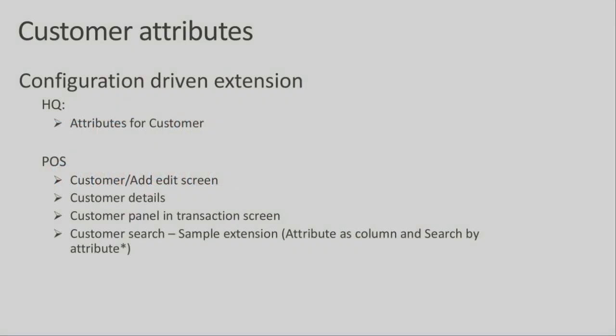So these are the different patterns you will extend for the POS. Either you can create new ones or you can extend our functionality. Next, I want to quickly show the new one we did, called customer attributes. Previously, to add a new field to the customer master, you needed to modify the channel DB, right? With the new framework, we enhanced the attribute framework to add custom fields to the customer master. I will quickly show a demo.